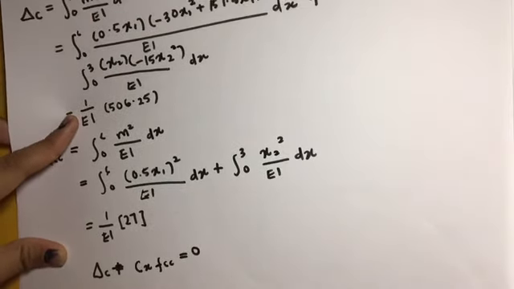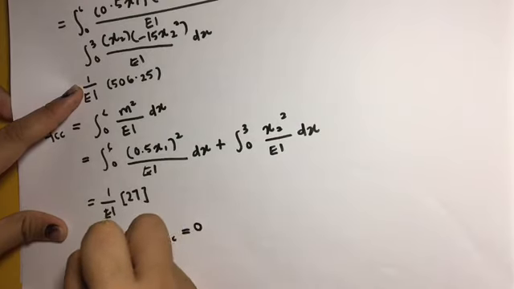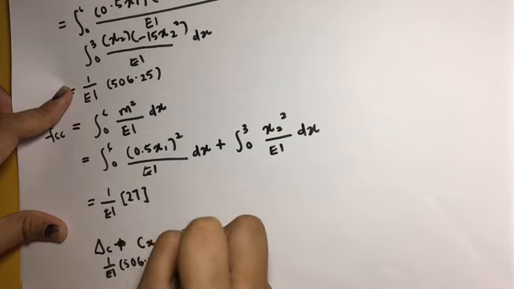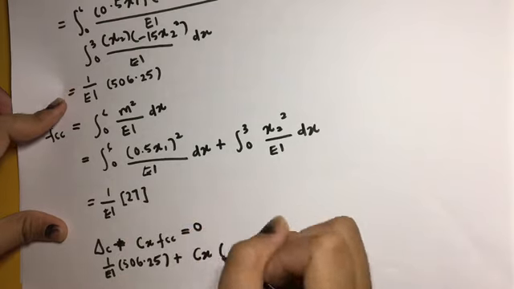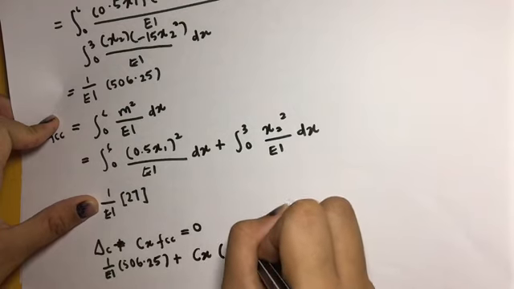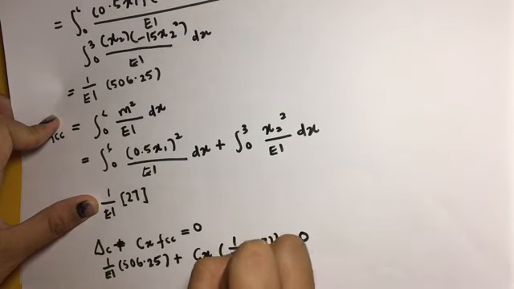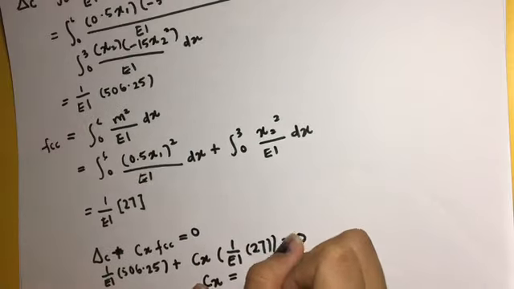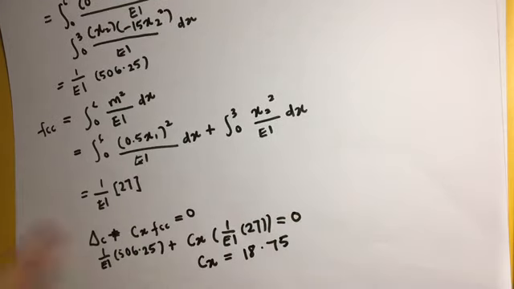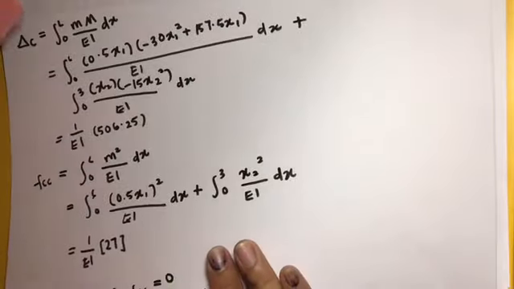So delta C is this one, and it's 1 over EI 506.25. You want to find CX. So after solving this, we got CX is 18.75 kilonewton. So our question asks us